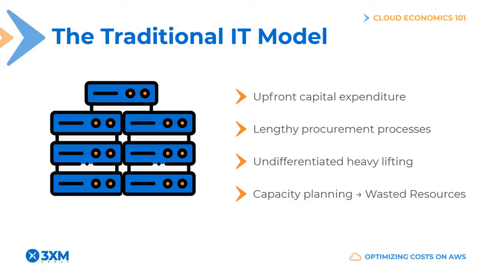Data centers also involve a lot of IT chores, such as installing physical servers, patching operating systems, replacing faulty hard drives, as well as other time-consuming management tasks that don't differentiate the business. Capacity planning is usually a major challenge in traditional IT because it requires predicting technology needs maybe months in advance, right? So it's very difficult to do that accurately, which is why companies end up provisioning extra capacity to avoid potential service outages, resulting in a lot of wasted resources on average.